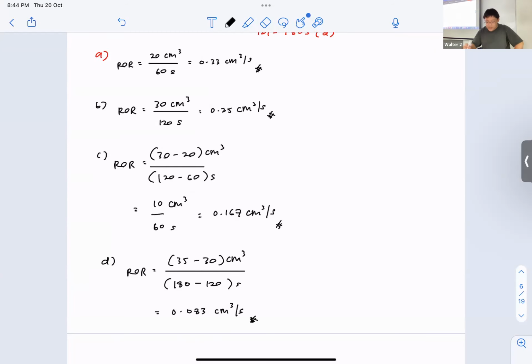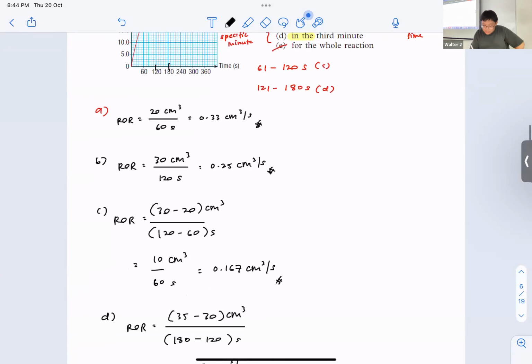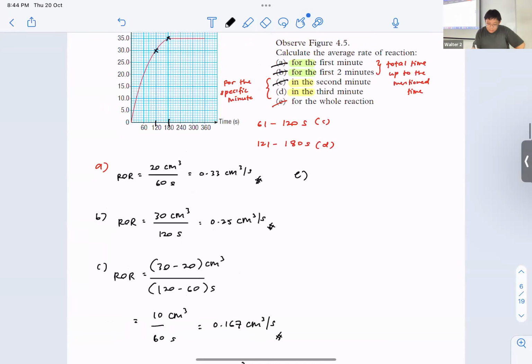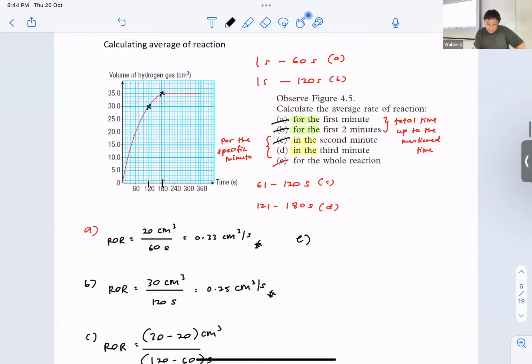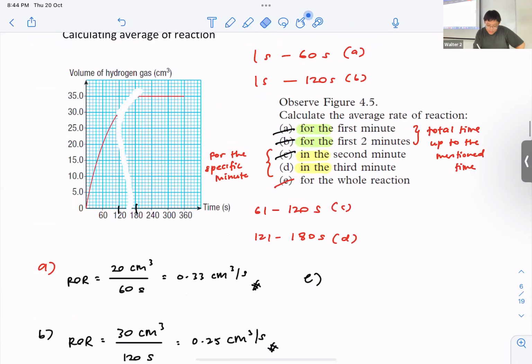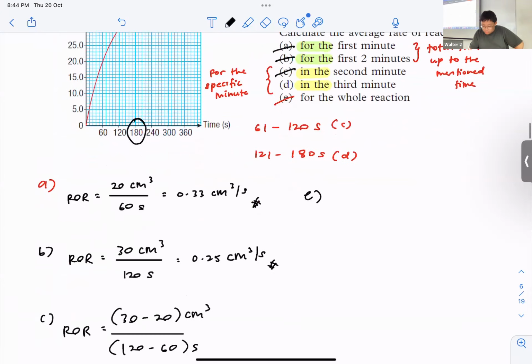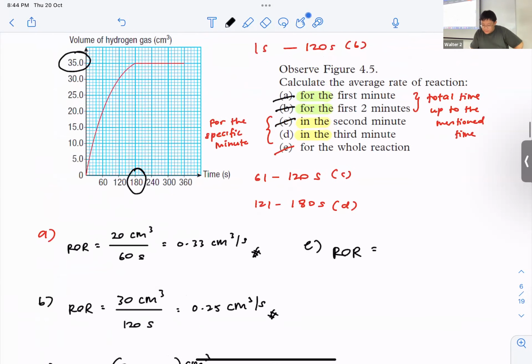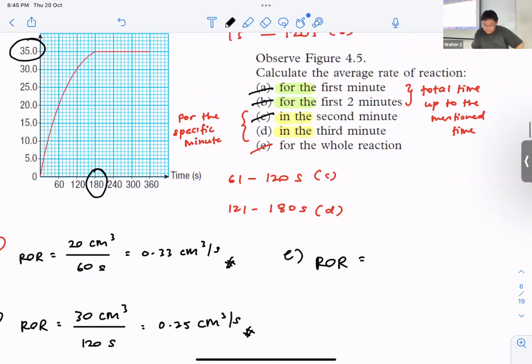Okay, the last one is the easiest, like I said just now. Find out when the reaction completes, and you say that it is actually 180 seconds, and the total volume of gas collected is 35. So all you have to do is calculate the total volume of gas over the total time taken. So that will be 35